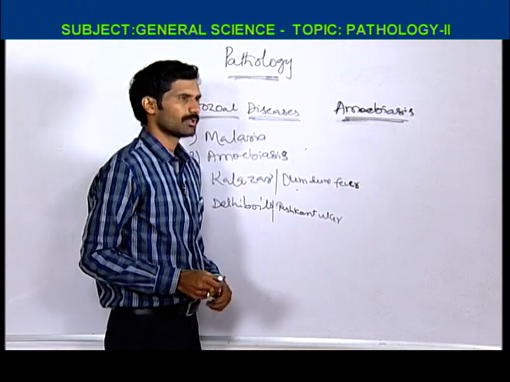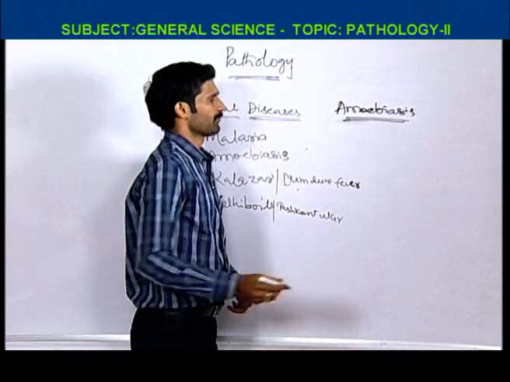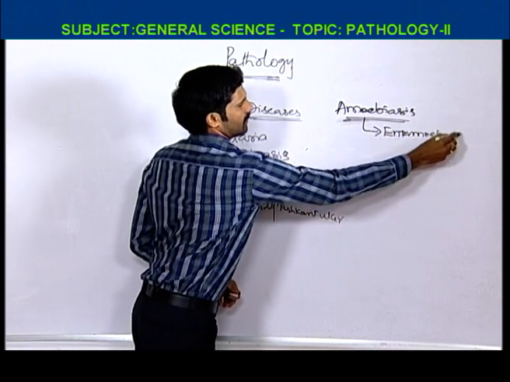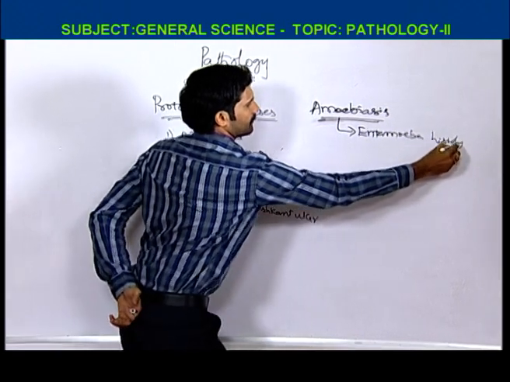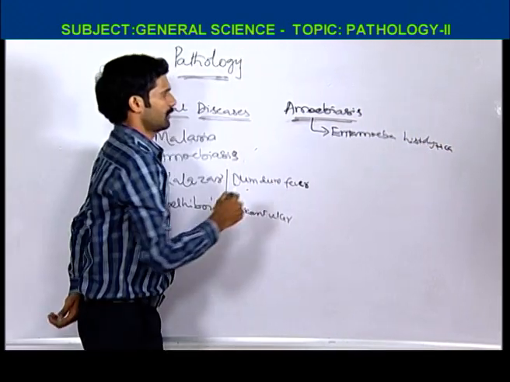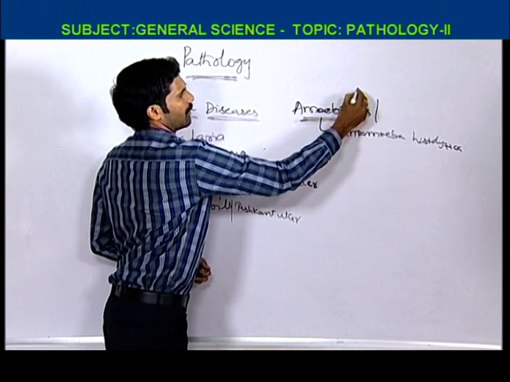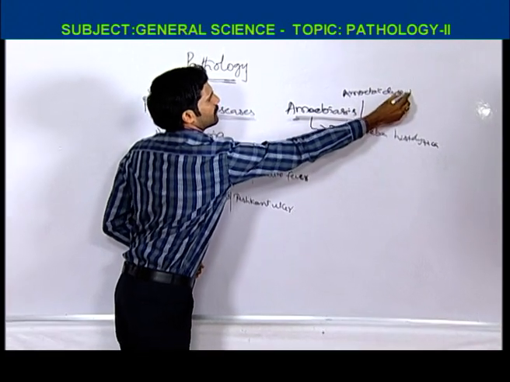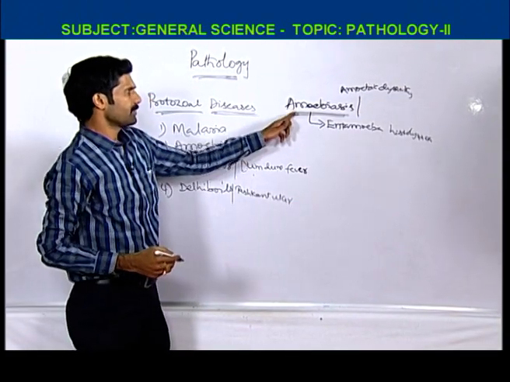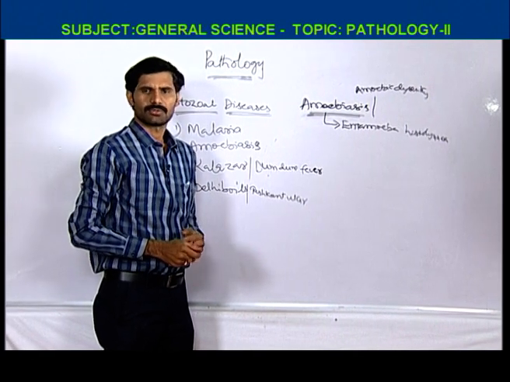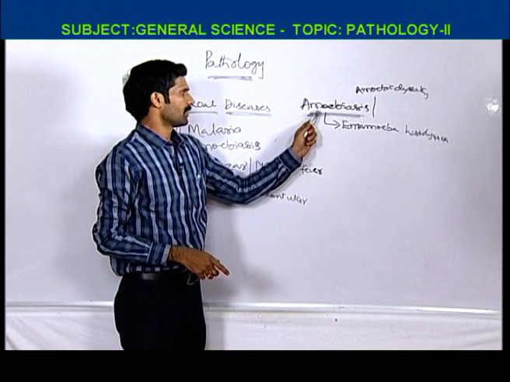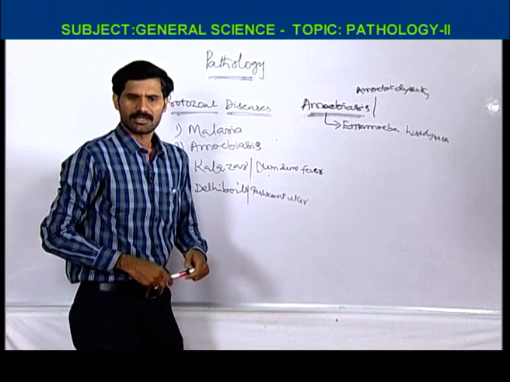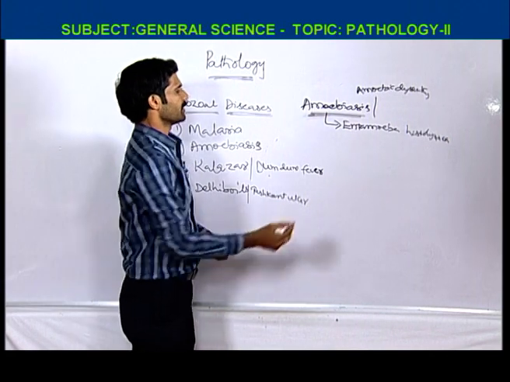Next, a protozoal disease, amoebiasis, caused by Entamoeba histolytica. Amoebiasis, also called amoebic dysentery, is also a tropical disease, and it is common in tropical countries like Sri Lanka, India, Pakistan, Bangladesh. And the infective stages